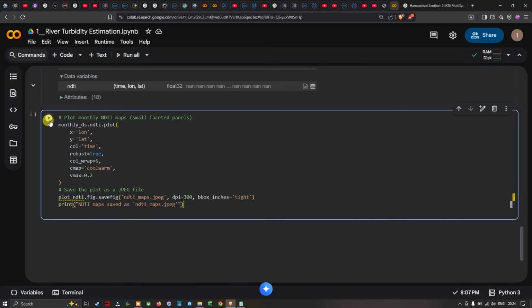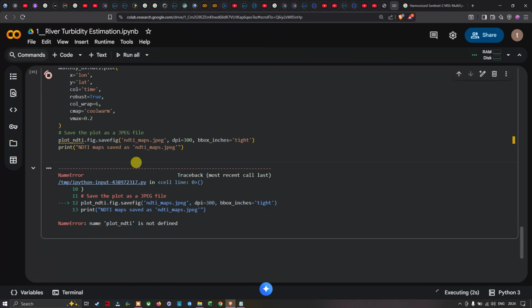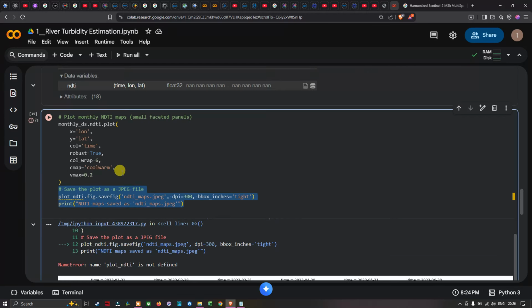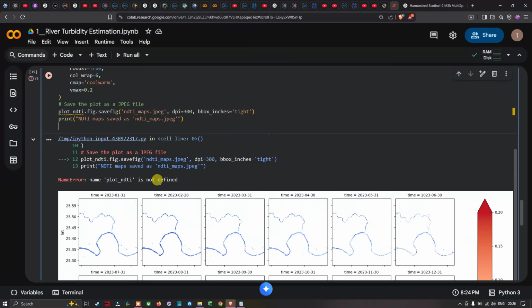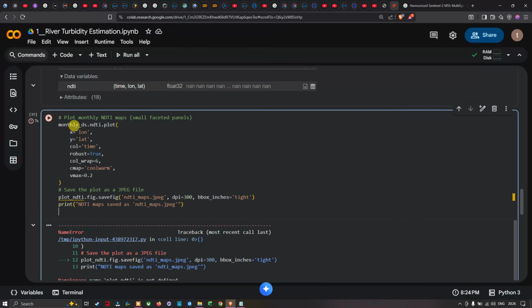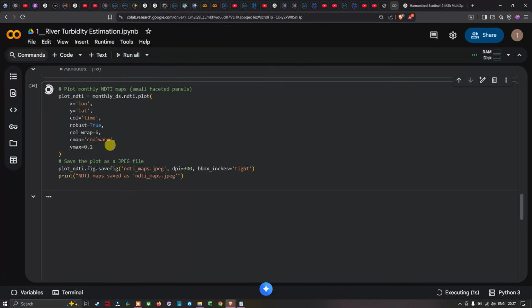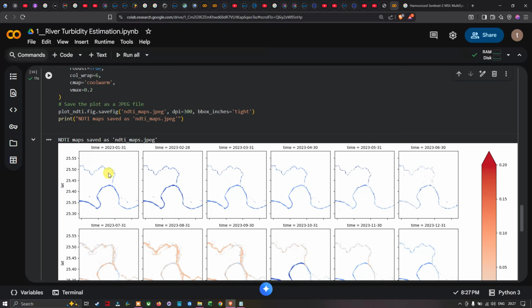Let me run this code and visualize the result. Here we have an error which states that plot_NDTI is not defined. Let me check this out. Yes, I have not defined it here. So let me mention plot_NDTI equals, and let me run this code again. So the NDTI maps are saved as NDTI_maps.jpg, and we have our maps generated here,